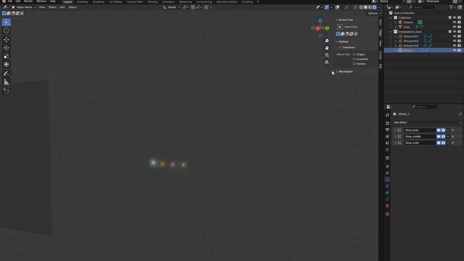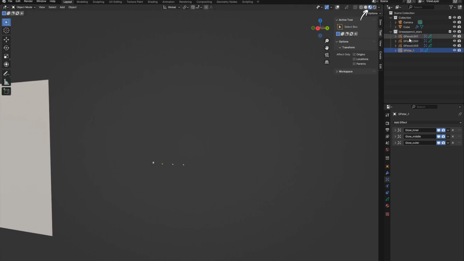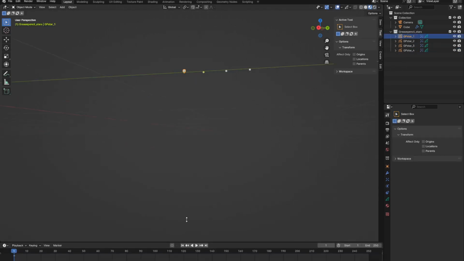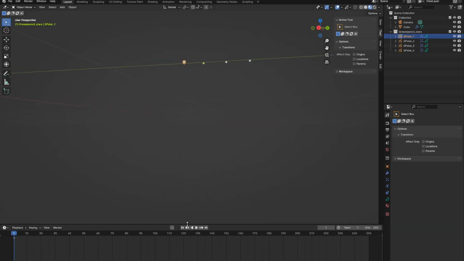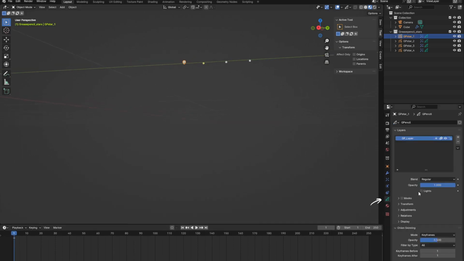So with it set up and looking nice at this point, I went into material preview mode, which would get rid of the glow effect and just make things run faster. So next, I wanted to set up different opacity animations so the stars flicker in and out. I did that with a layer opacity. I keyframed it at either 1 or 0, and then I placed these keyframes along my timeline so that the stars would fade in and out.